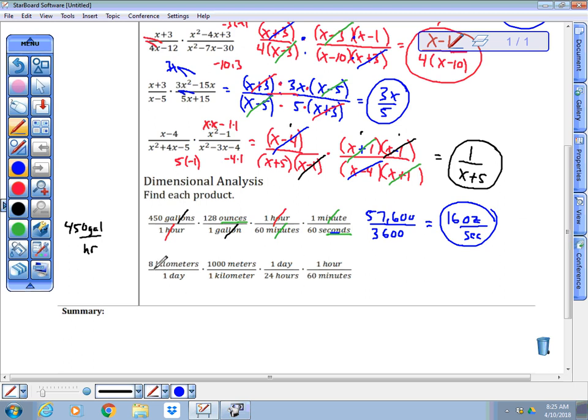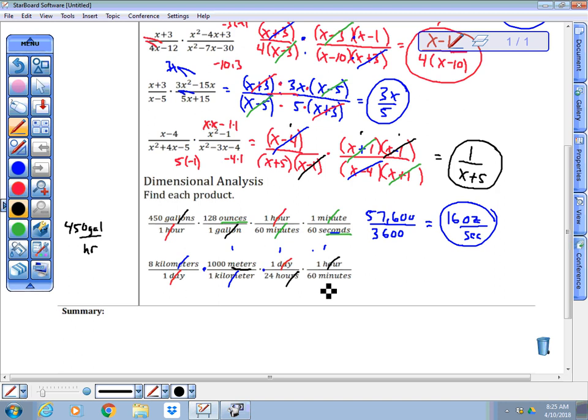On the next one, we will multiply, we'll look at this, and again, this is like multiplying by 1, and this is like multiplying by 1 because 1 day is 24 hours, and this is like multiplying by 1 because 1 hour is 60 minutes. Same thing, top and bottom, just a different way of writing the same thing. So you have kilometers canceling out, you'll have day canceling out, and you will have hour canceling out,